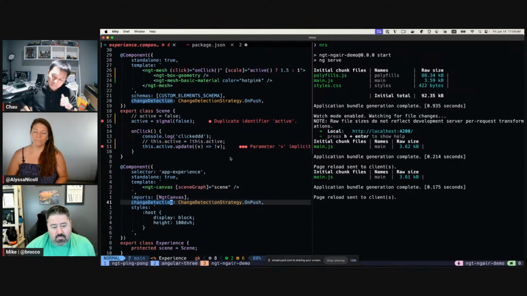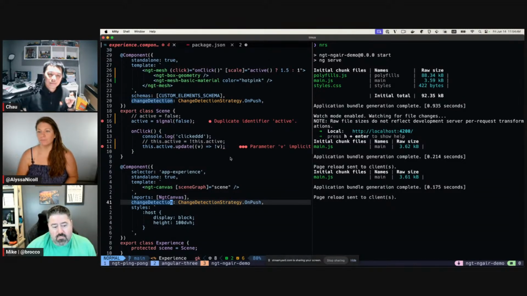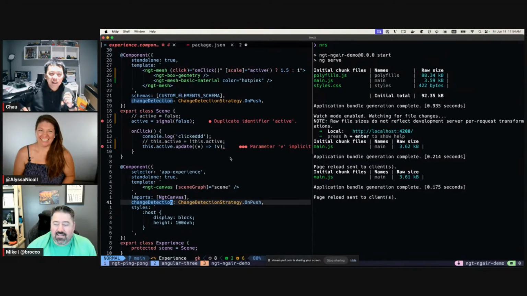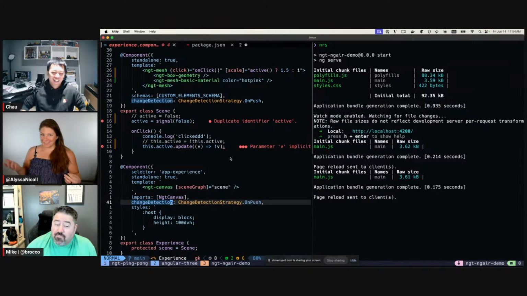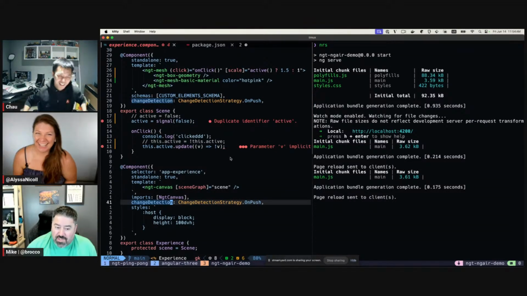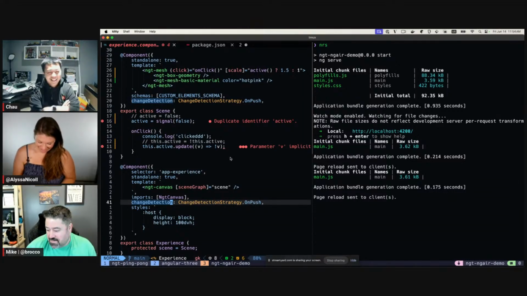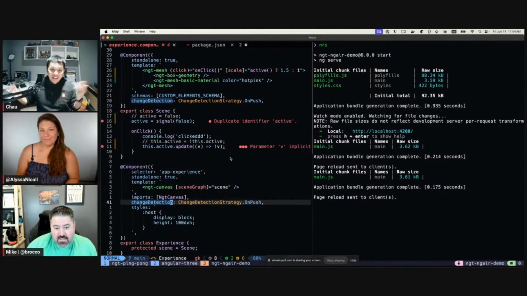Do you think, I feel like it's soon. I feel like we're very close to signal components. We're very close. We're very, very close. Maybe one version. But yeah, maybe this summer. I don't know, who knows? Be prepared for a dev preview label on this. Oh yeah. Yes. But yeah, that's pretty much it.